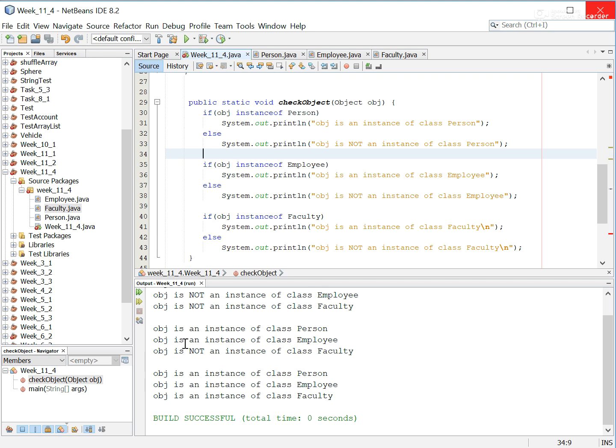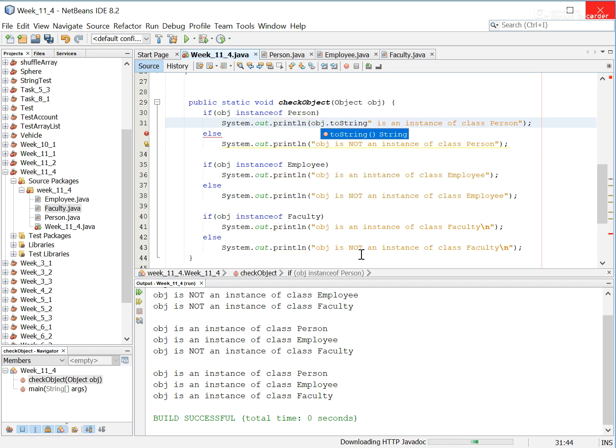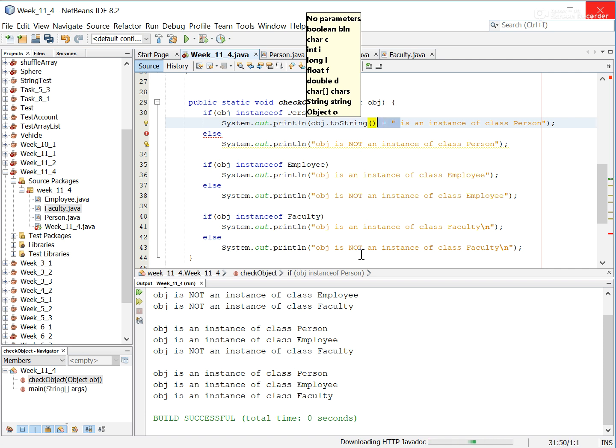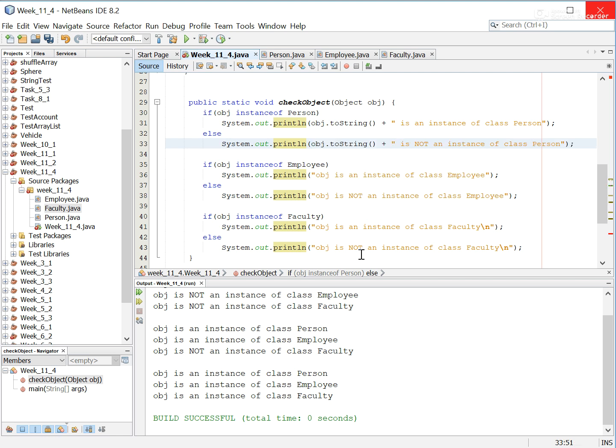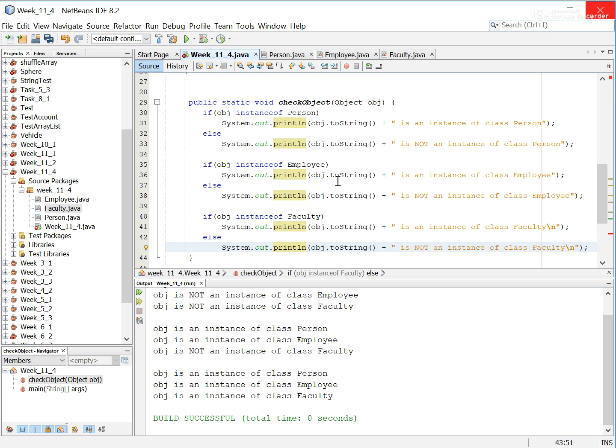Now I realize it's not very readable, so if you want to make it a little more readable, you can just say obj.toString, call the toString method instead. And we know that this will substitute the package and class name of the object, which would make more sense. Okay. Now if we run this now,